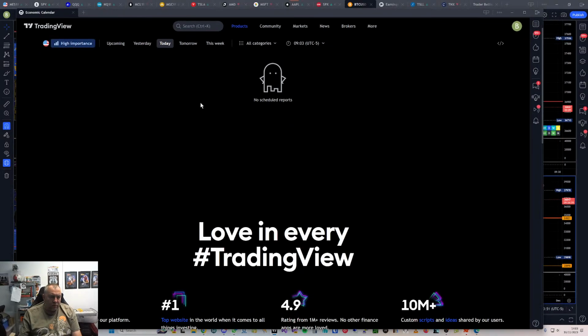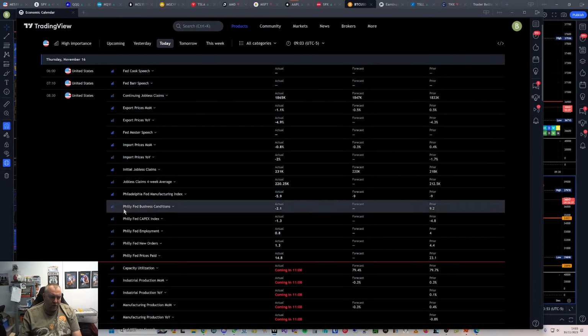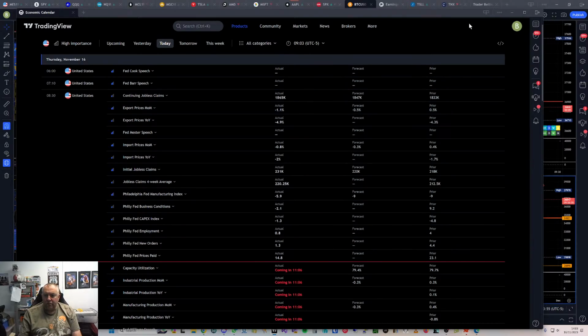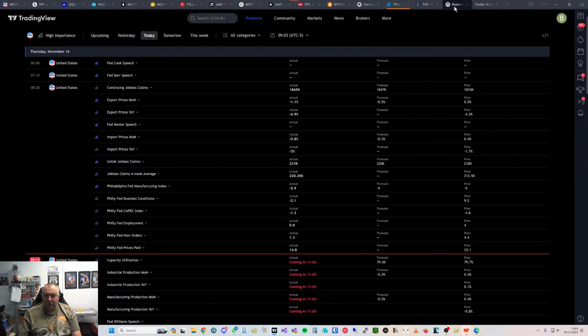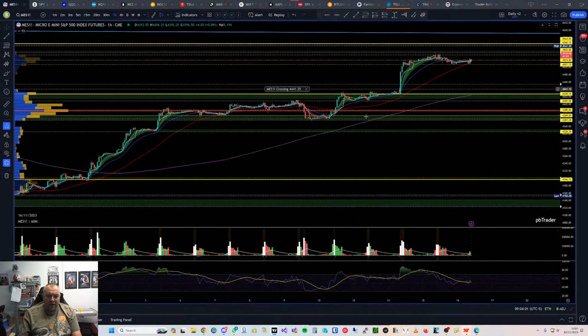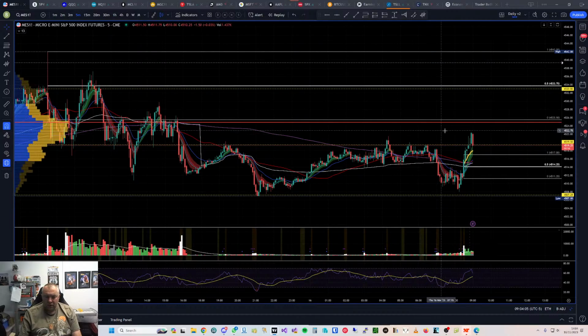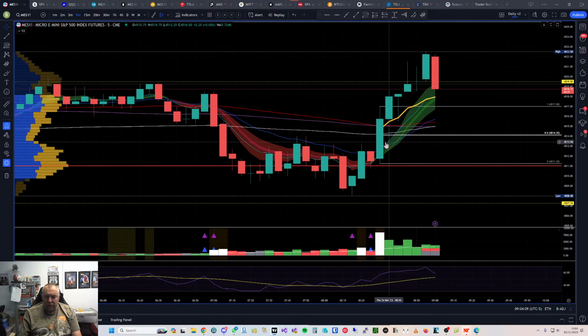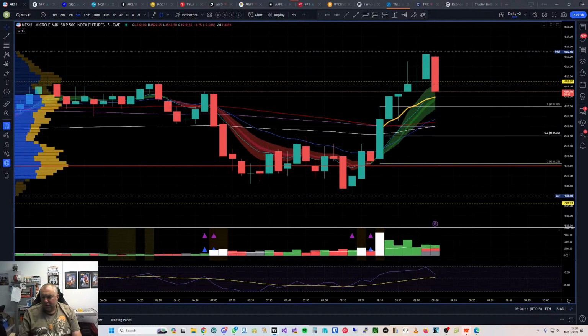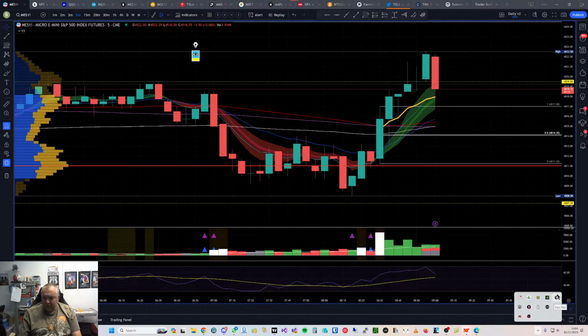Was it anything of importance? Nothing of high importance, but enough to create a bit of market movement at 8:30. Let's go back to MES. This is the hourly, so let's look at the 5-minute chart. I've already marked the 8:30 candle with these fibs, and that will lead me to a couple of levels I'm watching for. Just open up my pen.